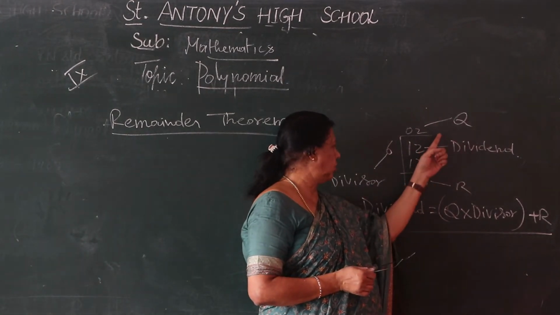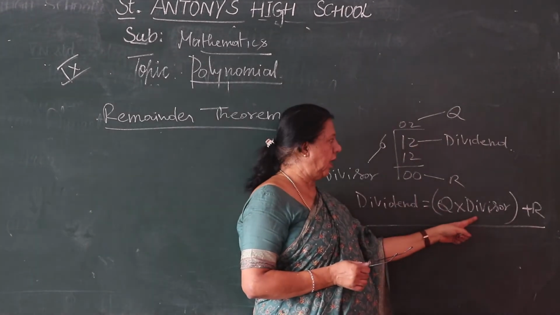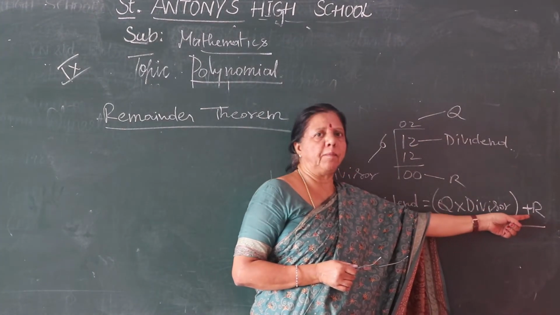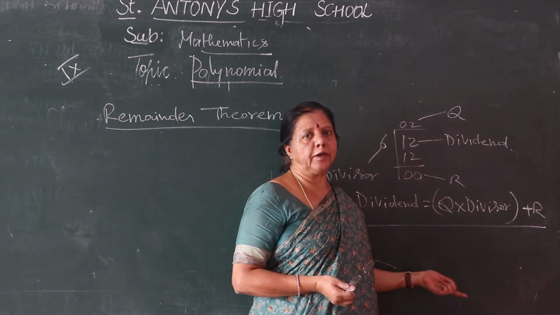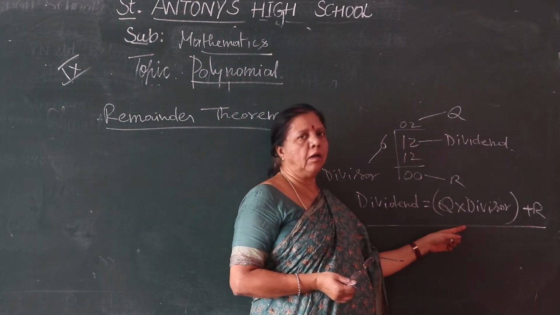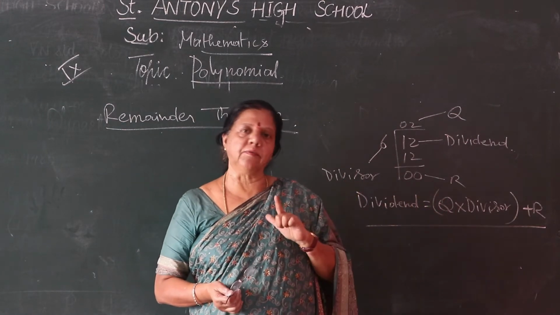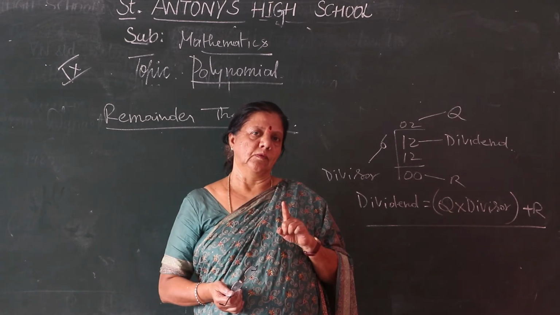When you are getting a quotient, so you say 2 into 6, 12. So what is the remainder? Plus 0. 12 only you are getting. Dividend is 12. 12 is equal to 12. So your sum is correct. Otherwise it is wrong. Okay, children.